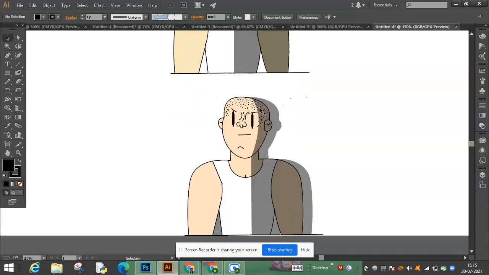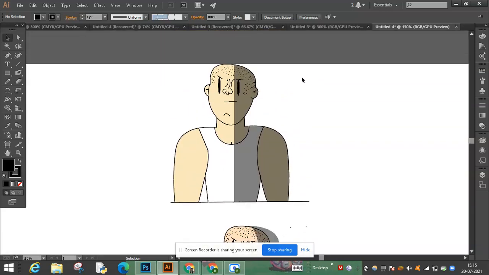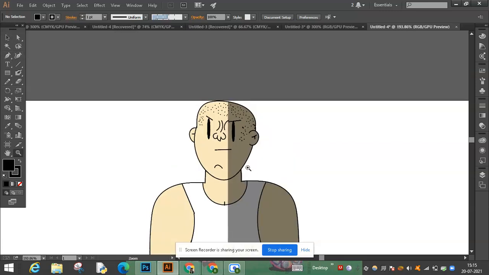Now if you want to make this curved line on the top, it's optional, you don't have to do it, but it's not that difficult, so I'll show you. Zoom in a little more on the face and take this curvature tool, and click on where the face stops, so not at the top but at the bottom, at the intersection of the face's bottom line and the shadow's line. Somewhere there.